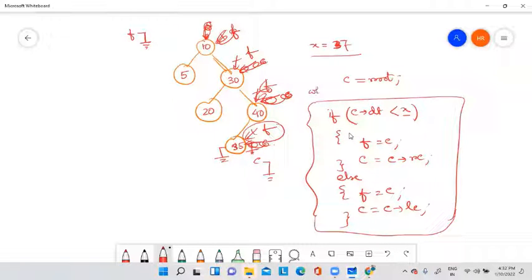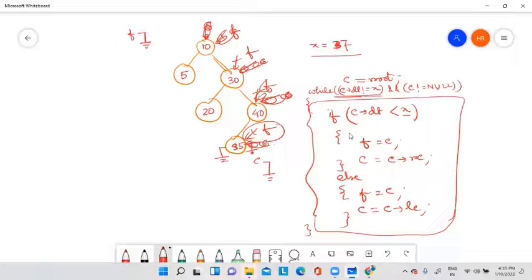You have to write a loop while C arrow dt is not equal to x. This is one condition, and another condition is until C becomes null. In this way, by moving left or right, at some point C becomes null. So you have to write these two conditions.